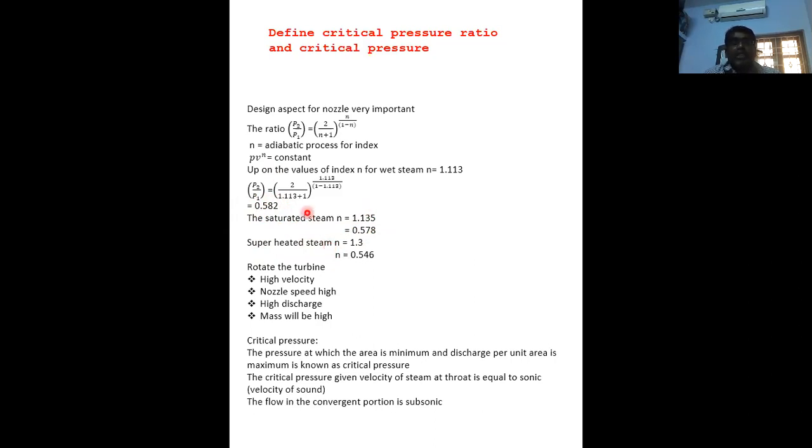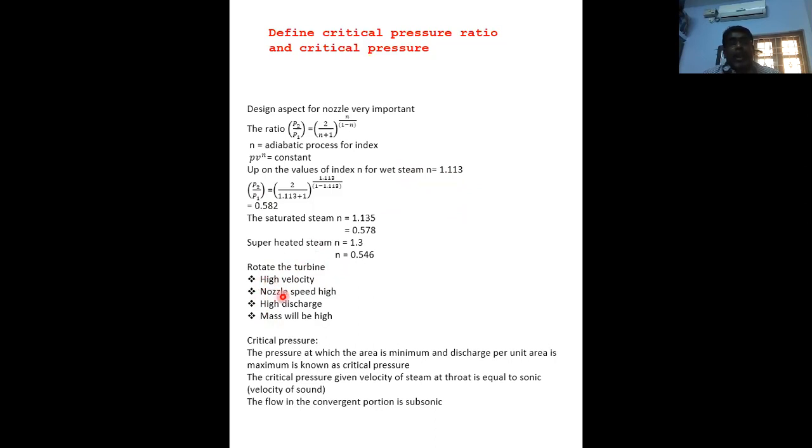Only from this method can we find out the steam pressure. Sorry, we have to design the nozzle based upon the turbine. For example, to rotate the turbine, high pressure steam enters the turbine. In the nozzle, it is expanded from inlet pressure to outlet pressure. These are all the important parameters for the turbine. Then only can we rotate the generator and also get better efficiency of the turbine.